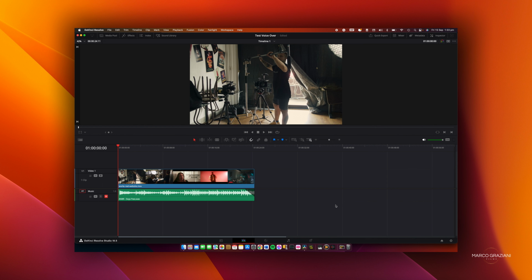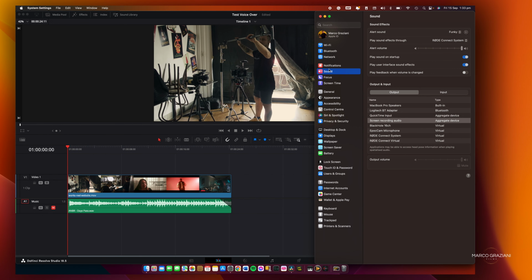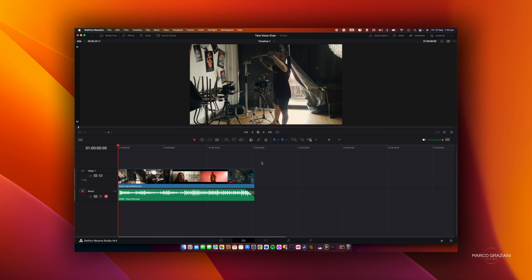If you want to record a voiceover directly in DaVinci Resolve, the first thing you need to do is go to your Mac, open System Settings, go to Sound, Input, and be sure that your microphone, Wireless Go 2, is selected. As you can see, the level is moving, so this means that on your MacBook it is working. So going back to DaVinci Resolve,